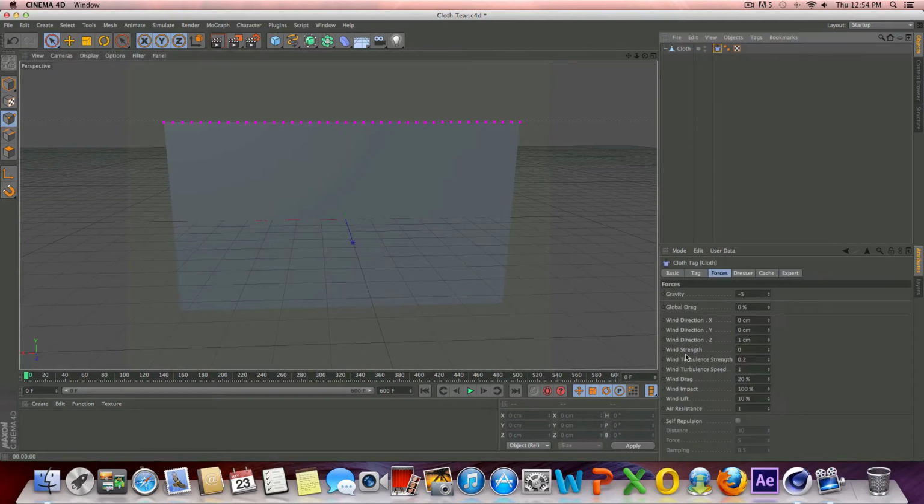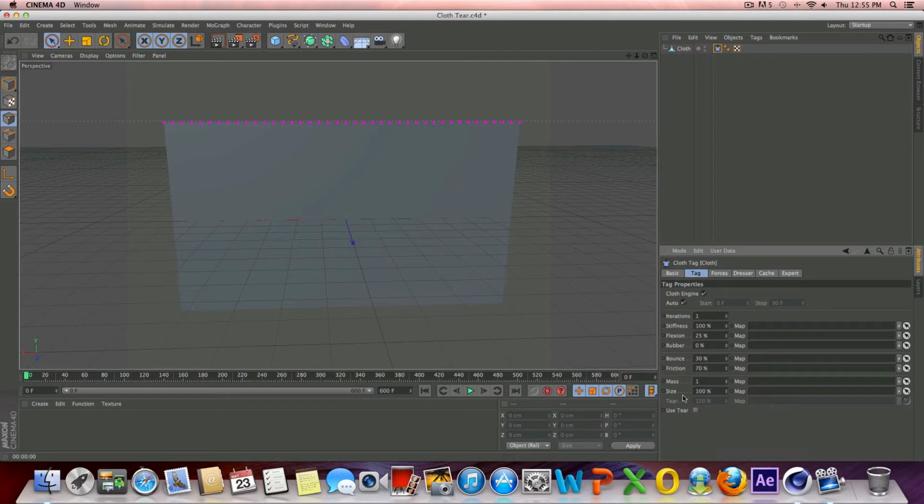but we'll get there. Now here under the forces tab, under your cloth tag parameters, you have all these options to adjust and change, such as the wind strength and turbulence, drag, lift, air resistance, and whatnot. You go to the tag tab, you can change the mass of the cloth, so basically the weight, the flexion, which is like how flexible and stretchy it is, the stiffness, which I'll bring that value down to about 60%,